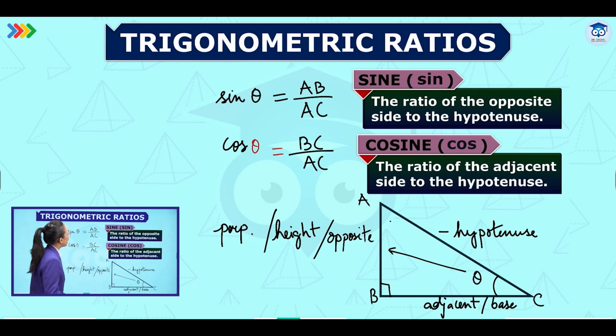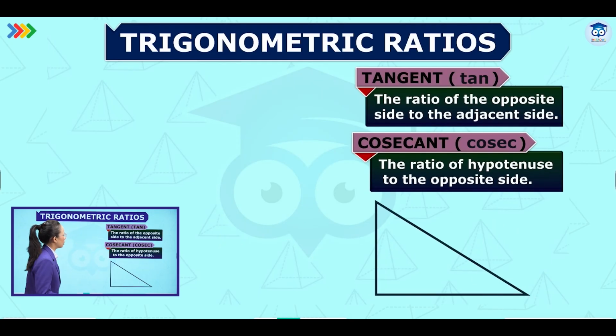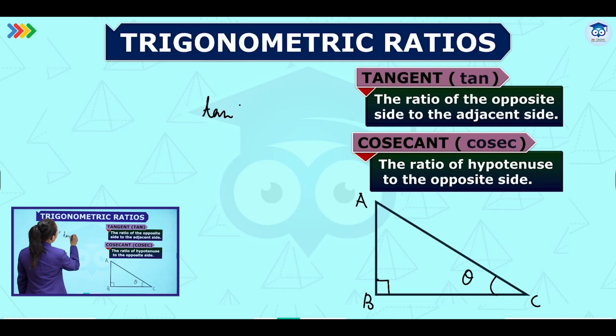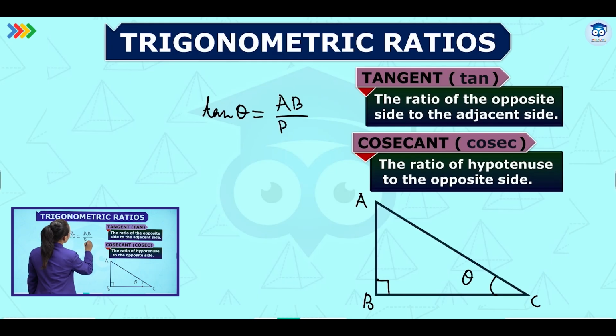Next we have the next ratio, that is tangent, which is known as tan. Tan of an angle, suppose let's continue considering this as our angle of consideration theta. That is triangle ABC, and this is the 90 degree angle. The tan is nothing but opposite upon adjacent. In this case, tan theta is nothing but opposite, which is AB, and then the adjacent is BC. This is how we define tan of an angle.